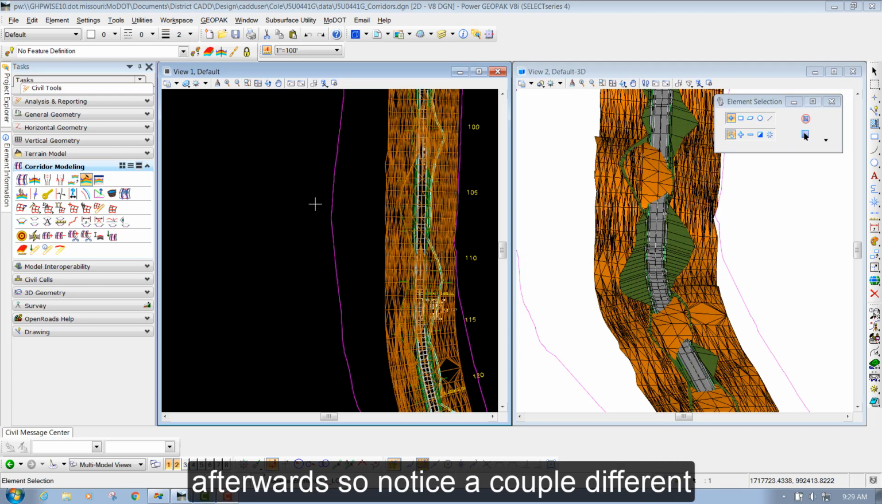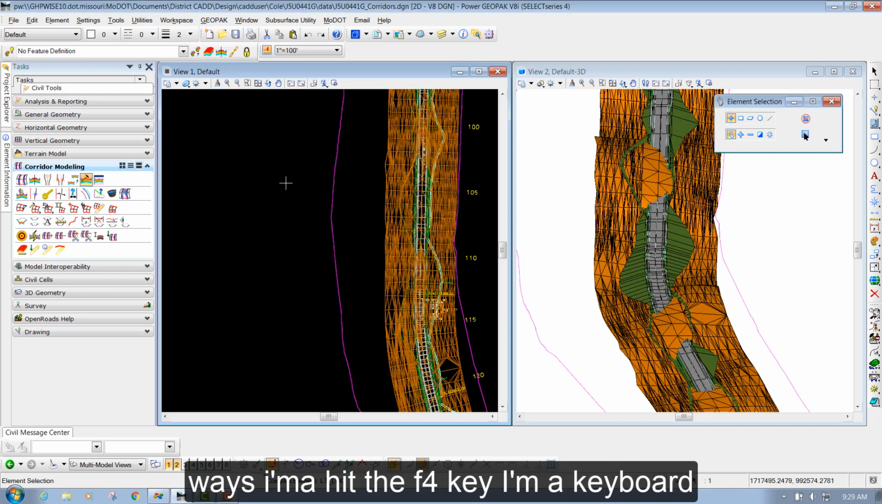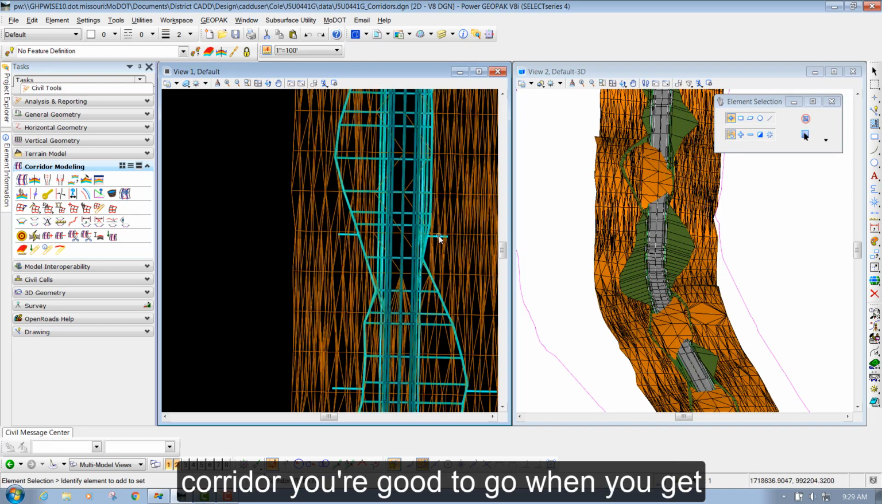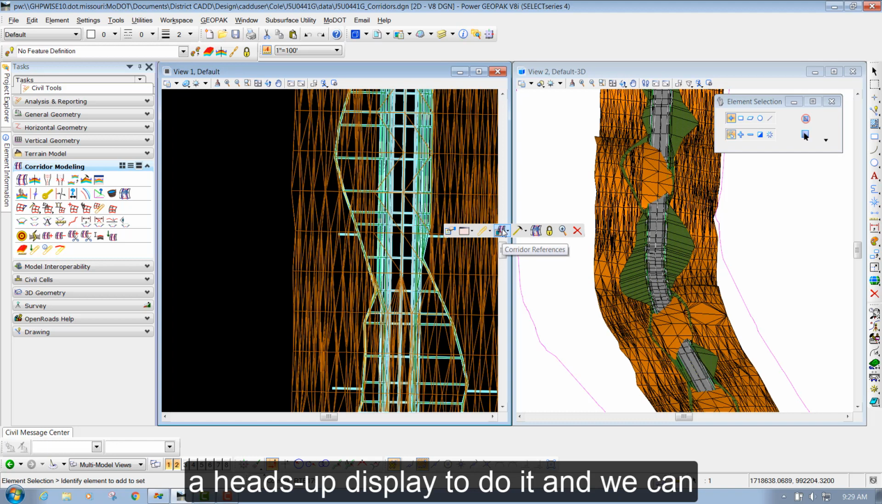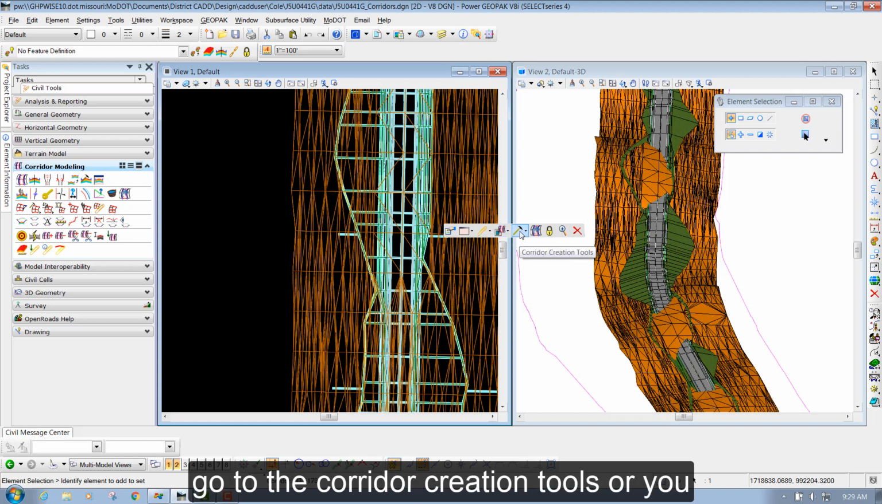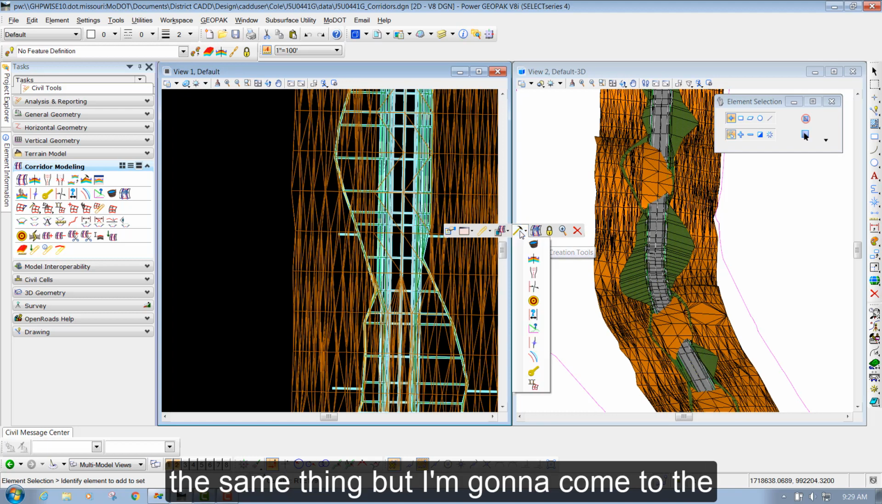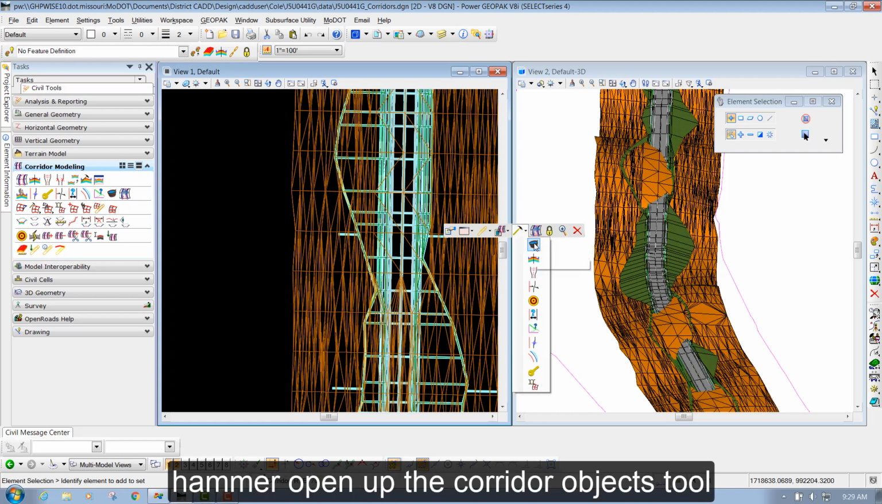So you can do this a couple different ways. I'm going to hit the F4 key on my keyboard. If you can get in here and select a corridor, you're good to go, and you get a heads-up display to do it. And we can go to the corridor creation tools, or you can go over to the project explorer and do the same thing. But I'm going to come to the hammer, open up the corridor objects tool,